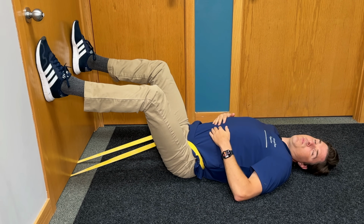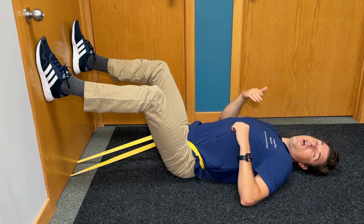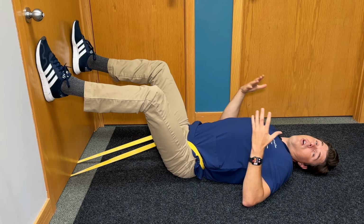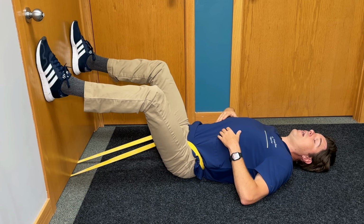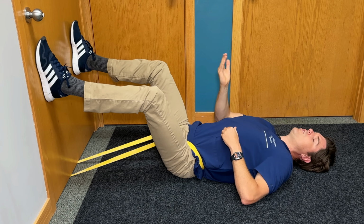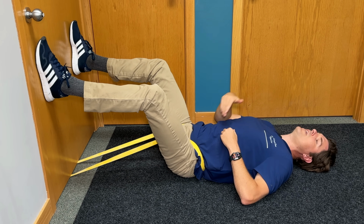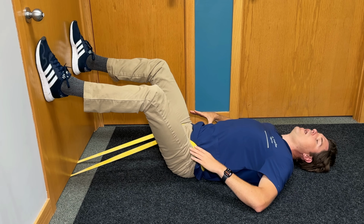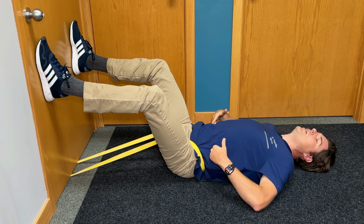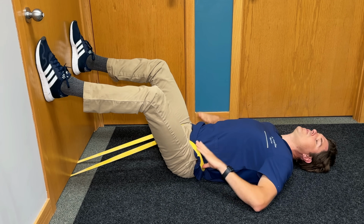If you would like to take this one to the next level though, we can start to add in some more motions to hopefully open up the back a little bit more and offer more relief. The first movement is what I call a pelvic rocker. So with this one, we're going to imagine our tailbone right here, and we're just going to scoop it up like this, curling our tailbone towards our belly button. At this point, you're going to feel your hips rock backward and a little bit of a deeper stretch in the lower back. Just go to the point where it's comfortable, hold this for a couple seconds,